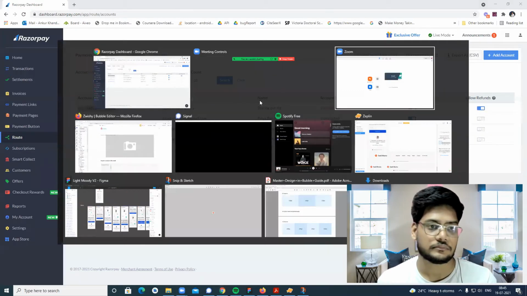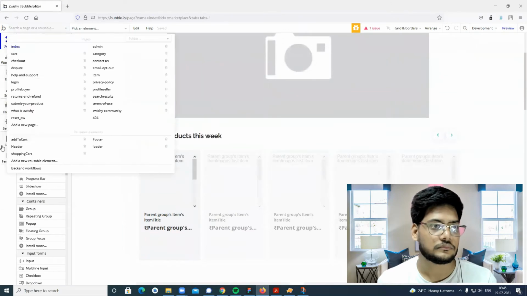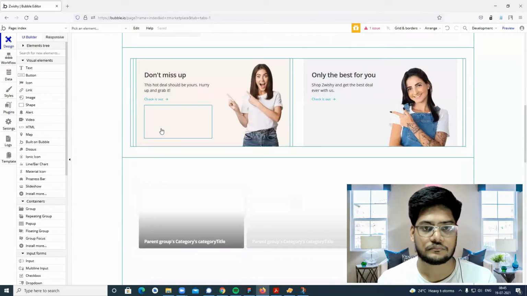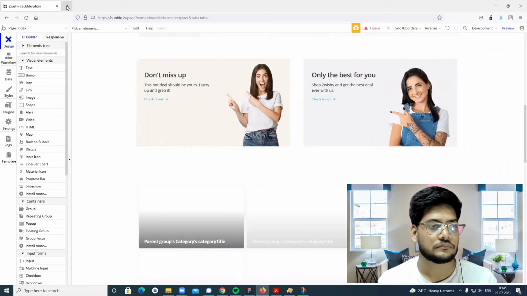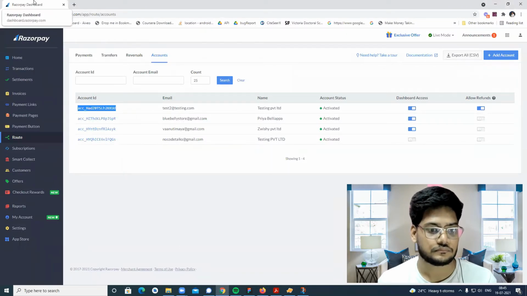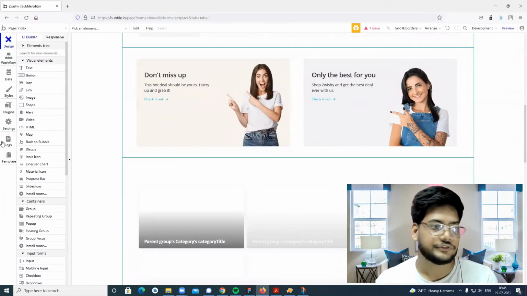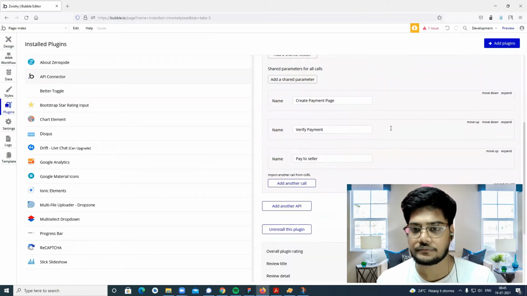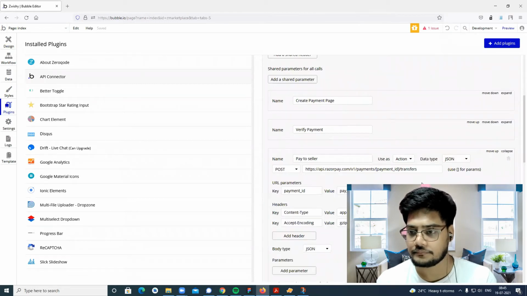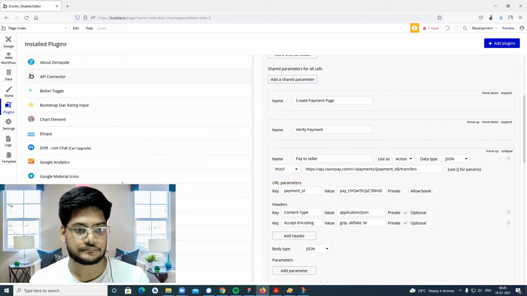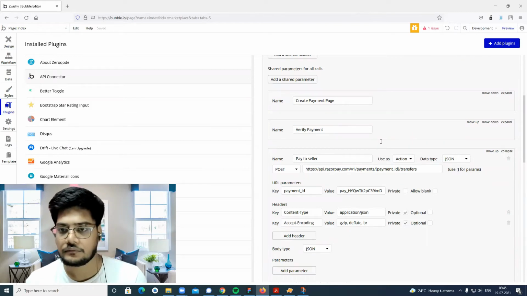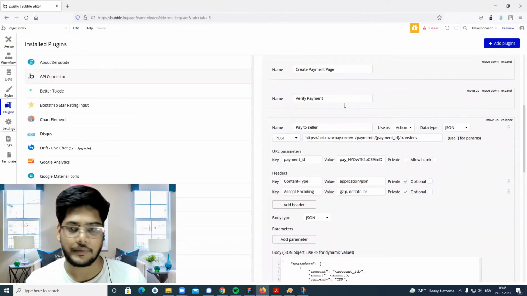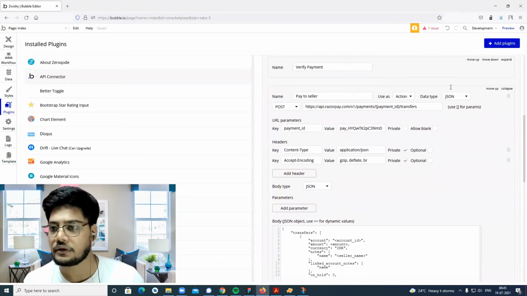Now go back to Bubble. Click on plugins, go to the API Connector, then expand. As we already know how to set up a Razorpay payment, now how do you set up Razorpay Route?